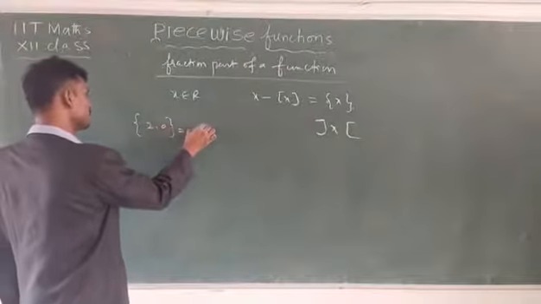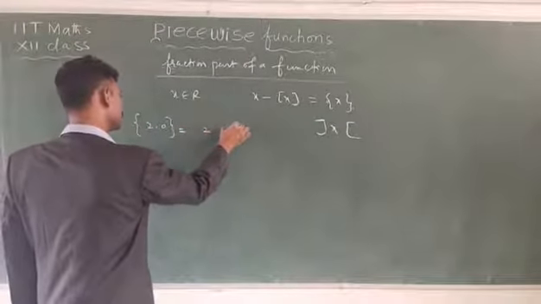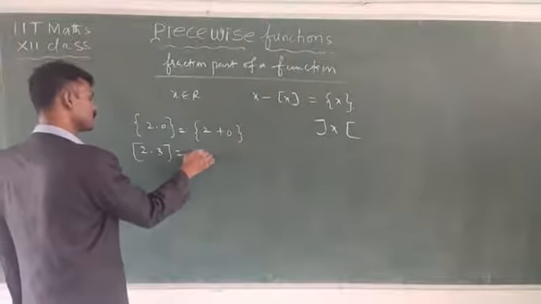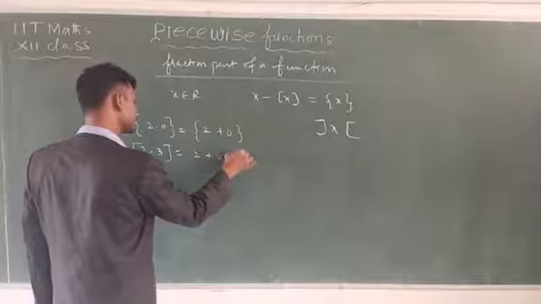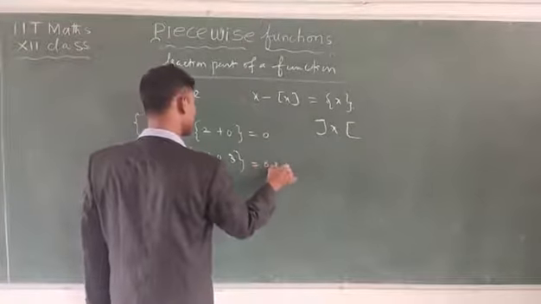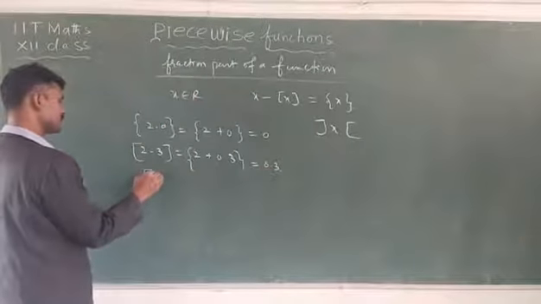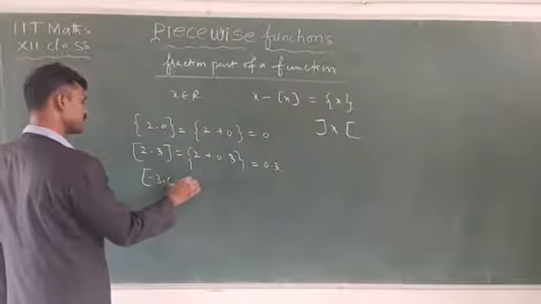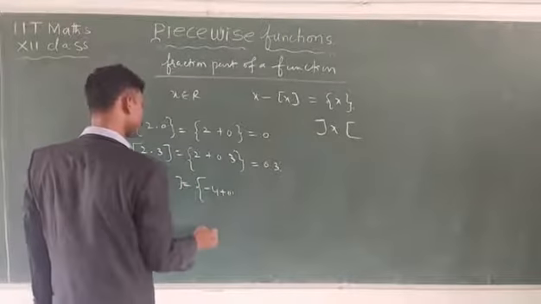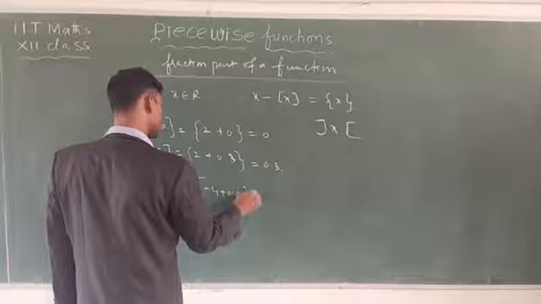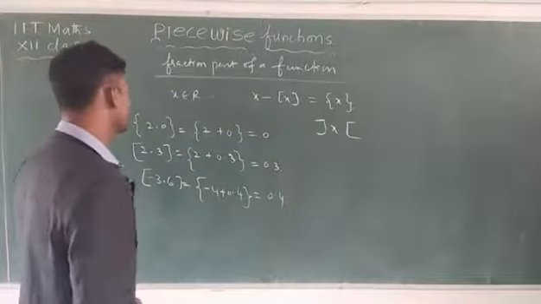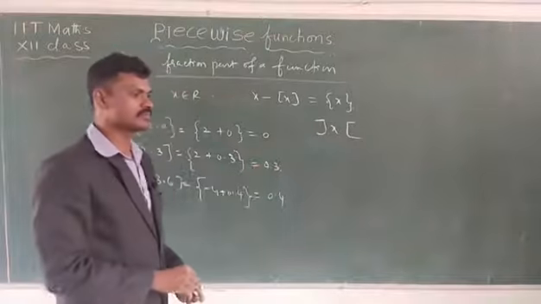Now we have to see here, 2.0 is equal to 2 plus 0. Suppose 2.3 is written as 2 plus 0.3, then this is 0 and this one is 0.3. And minus 3.6 is written as minus 4 plus 0.4, so it is equal to 0.4. Then see here, this is the fractional part. Then this can be represented by a graph.